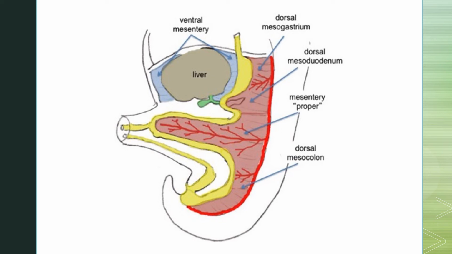And one more thing, the stomach has a lesser sac and a greater sac. The lesser sac is seen behind the stomach, that is, dorsal to the stomach. This lesser sac shifts more towards the left and dorsal, and this makes the dorsal mesogastrium move caudally, and it becomes the fold of the greater omentum. So this is what has happened in the development of the stomach.